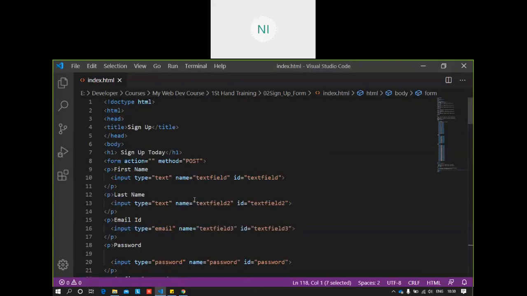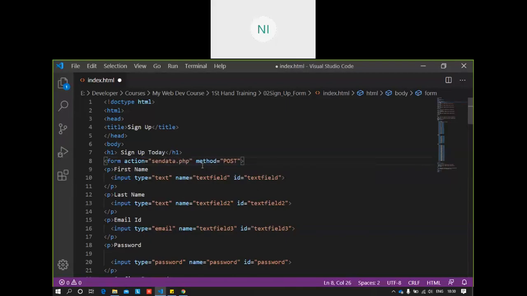And what this form does is it takes the data from all these text fields, radio buttons, all those input types, and then sends it to the server. And form has multiple attributes. One of the attributes is action. If you have something like form action equal to send data .php